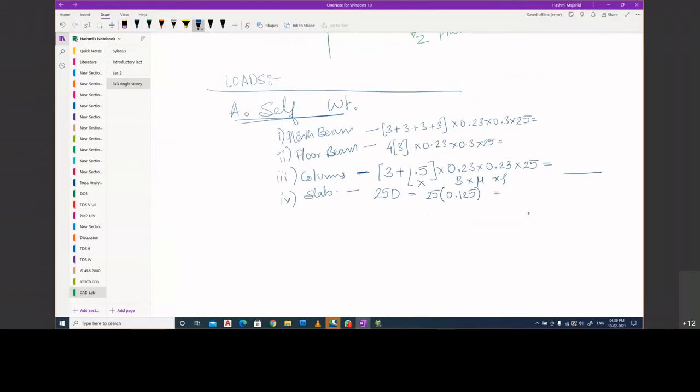From the chat box, let me collect answers very quickly. I don't see any answers. Please calculate and put the answers in the chat box. What is the answer for Yash Gajbi? You can write 1 PB and what the unit is as well.